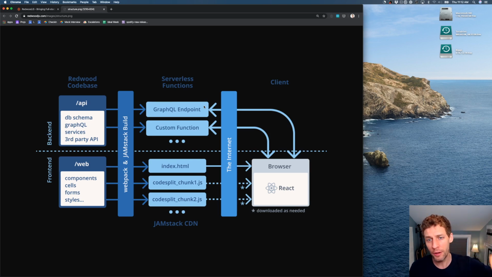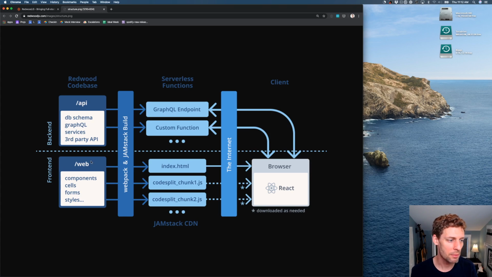Environment. And one of those functions is going to encapsulate basically all of your routing effectively, like your API. Well, not routing, because routing happens on the front end. I misspoke there. So we'll talk about routing in a second. But your entire API is going to be a single GraphQL endpoint. And then all of the individual functions are also going to be running as serverless functions. So I imagine that's probably where this services piece comes in. Maybe even the third-party API. Yeah, we'll see. But I'm guessing the services end up getting converted into custom functions, which run in the serverless manner as well. Okay, so